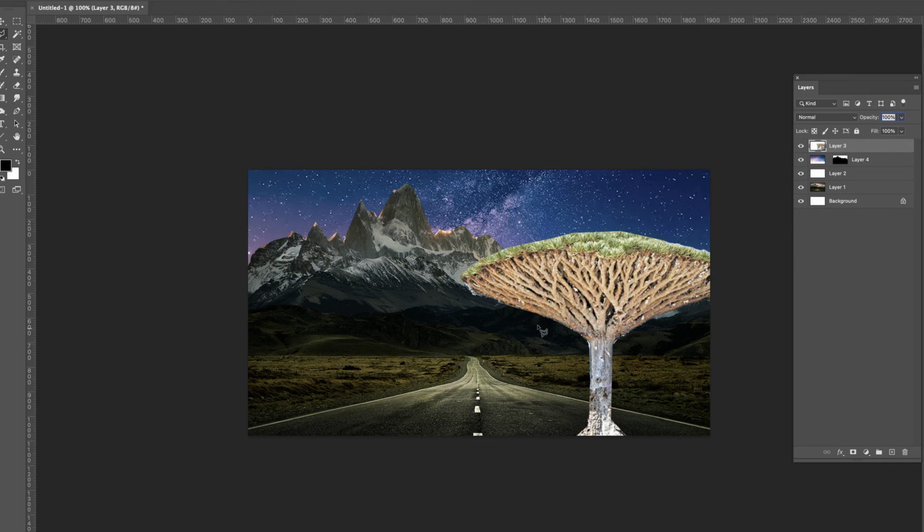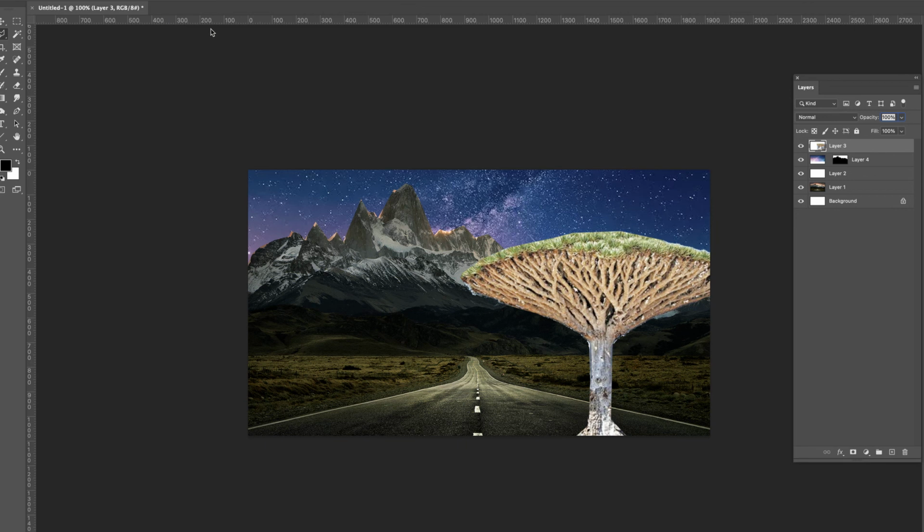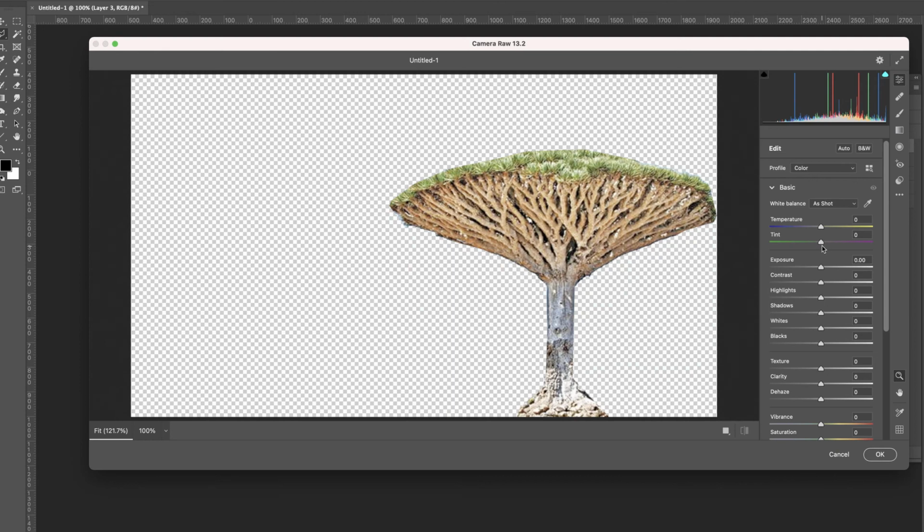How can I change that tree? One thing I might do is go up to filter, camera raw filter, and see if I can darken it. All right, so now we can maybe take down the exposure, a little bit of contrast maybe, bump the highlights, bring out the shadows, up the whites, the blacks a little darker. I think I'll take down the texture. I don't want it to be, and the clarity. I don't want it to be too,